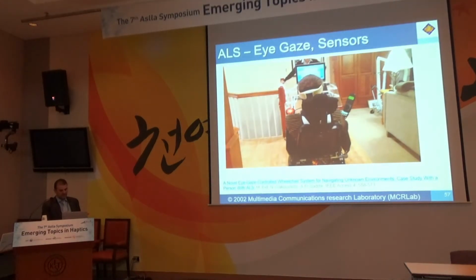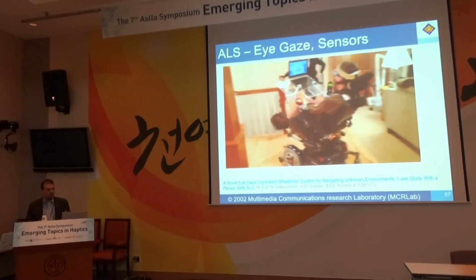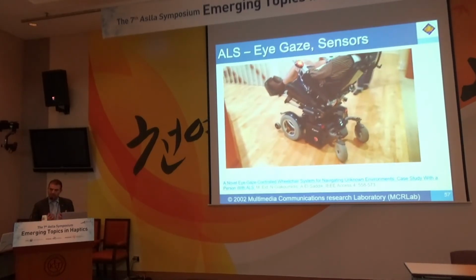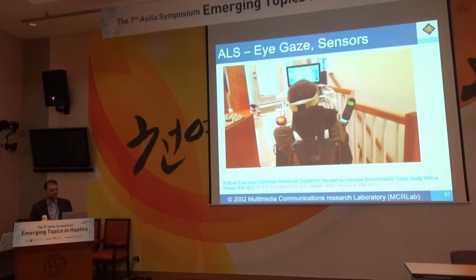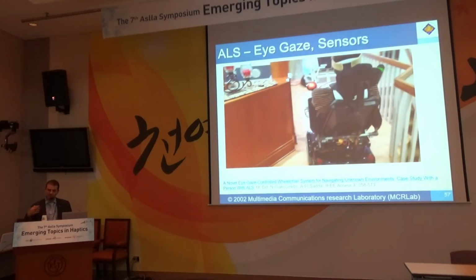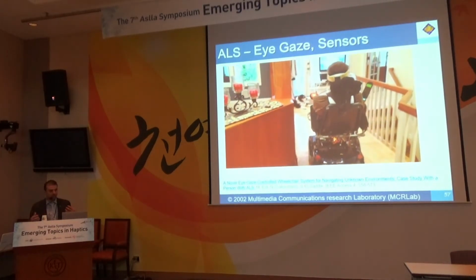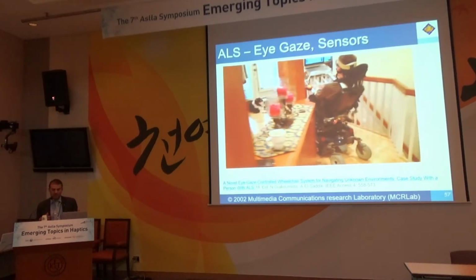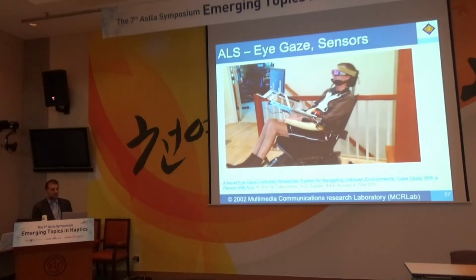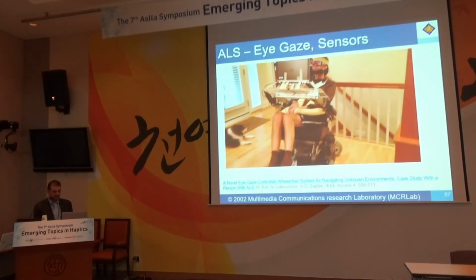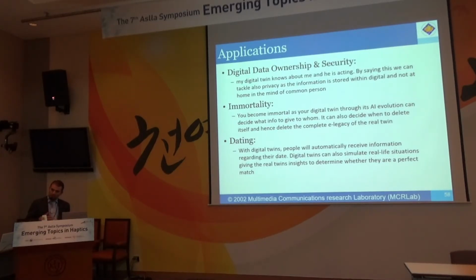And for the sake of finishing, it is combining the whole multimedia world. So combining the whole multimedia world, we are using eye gaze with sensors, with actuators in order to support, in this case, an ALS patient to navigate through eye gaze and also in a smart environment, his home. So what are the applications when you combine haptic with audiovisual environment and when you converge those different technologies?